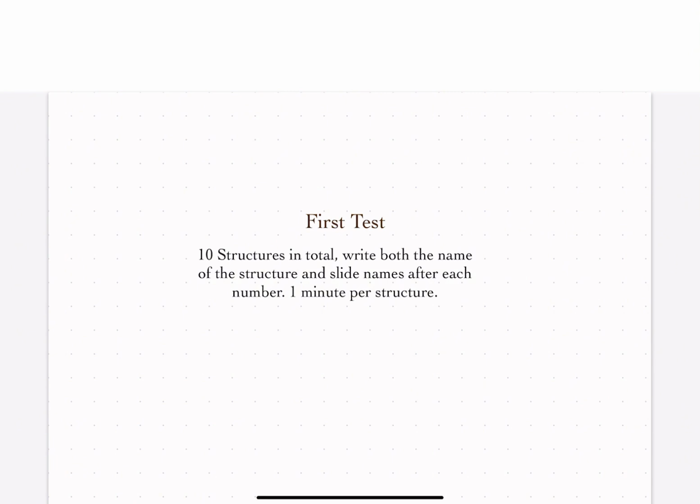I'm going to show you other structures that are equally as important for that specific slide. Structures I didn't manage to include in these 4 tests because it would be such a long video and I don't have the time to do that. I'm so sorry. But as soon as we're done with all of those 4 tests, I'm also going to go through a list of structures and a list of names for all the structures from each class that we went through, and there you'll be able to see which structures I've actually managed to include in these tests and which